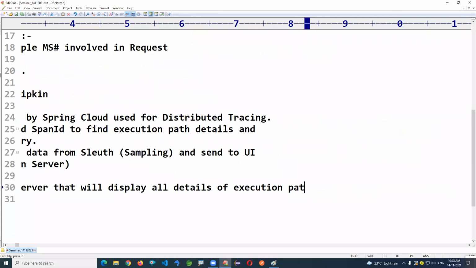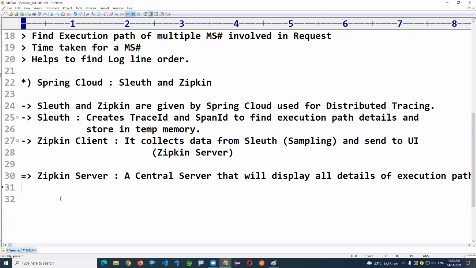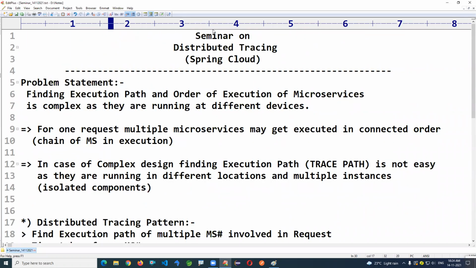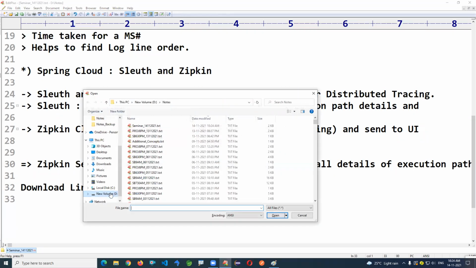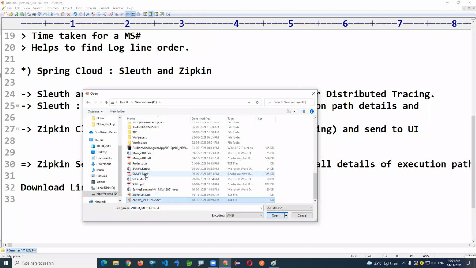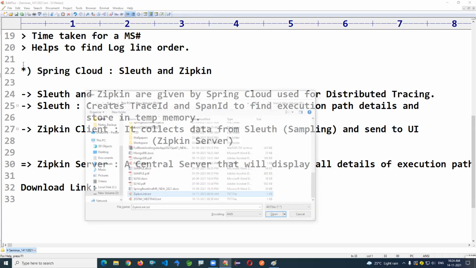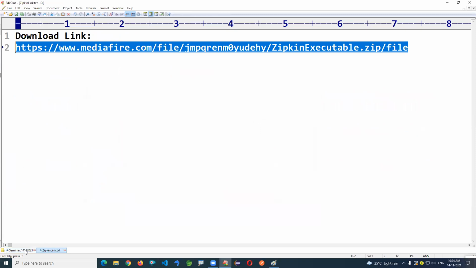So first and important thing, you need to download and run the Zipkin server. Multiple possibilities are there. I'm just giving the Zipkin download link here.